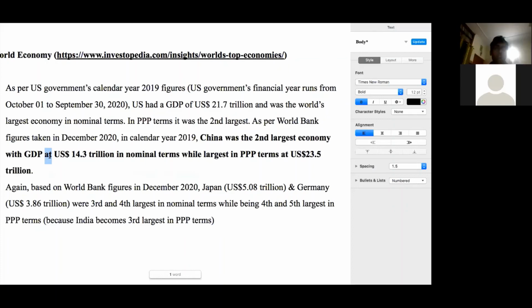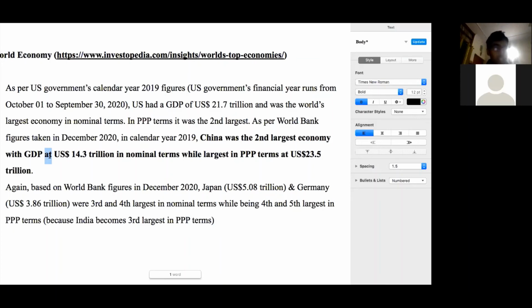However, again, some economists have doubts about these figures. They also say that the Chinese government does not release the actual figures often, and they quite often fabricate or hide figures, and release some exaggerated figures. Again, we don't know what the truth is, but that's what some experts from different organizations say. But whatever figures the World Bank or the IMF officially release on their websites or in their reports, we have to go by them.